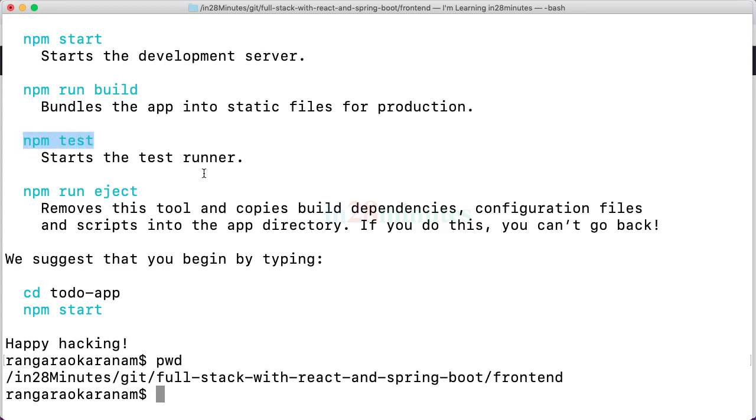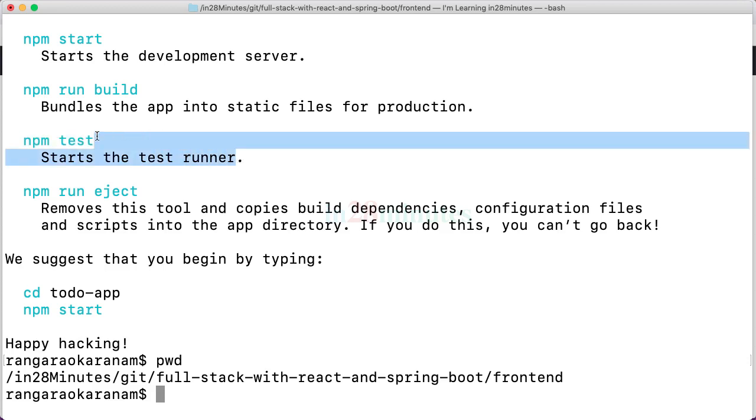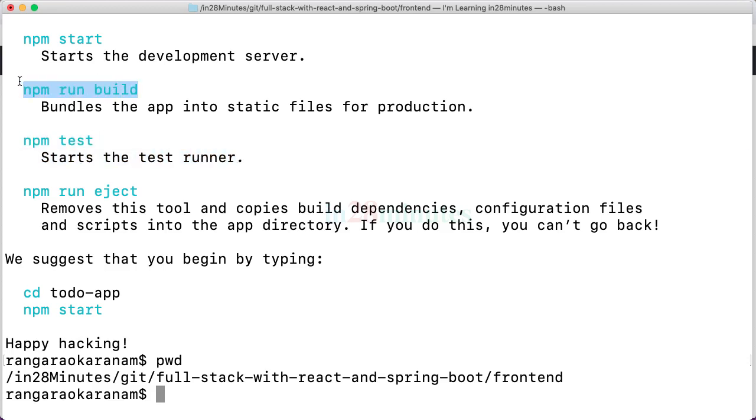You can do npm test to run the unit tests which are present in the project. You can do npm run build to create a production deployable. Whenever we write JavaScript code in modern JavaScript applications, we would create hundreds of JavaScript files, and it's not efficient in production to have hundreds of JavaScript files. So what npm run build does is it merges everything into a compressed set of JavaScript files which you can then use for production. All these features are actually built into the application which is created by using the Create React app. The thing which we'd want to do now is to launch up the application.